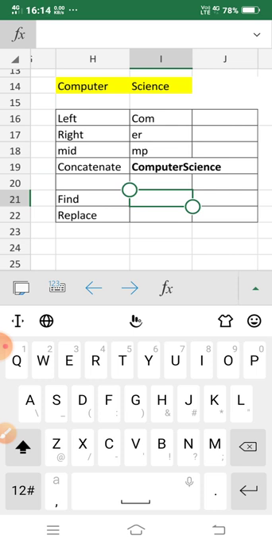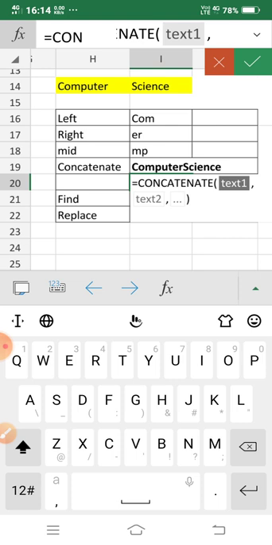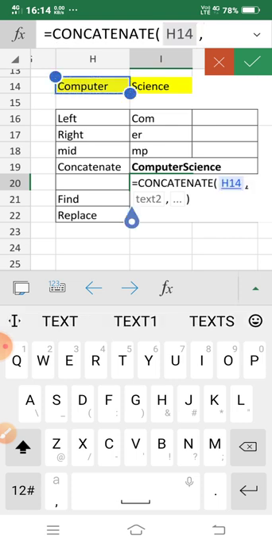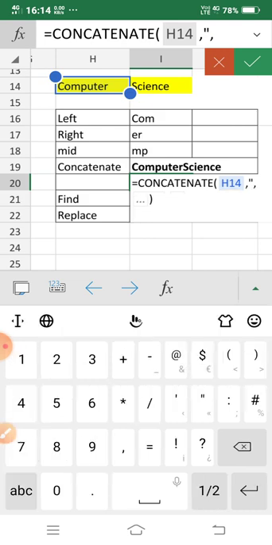Okay, joining of computer science, but I want a space between the 2 words. Because computer science is showing you as joined characters. But I want the space between computer and science, so I have to give here again the same formula, concatenate, and then text 1 I am selecting this. Then I have to give one thing here, comma, then double inverted comma, then space, again double inverted comma. Why am I giving space?